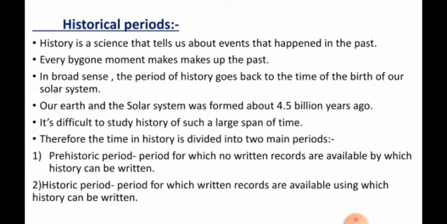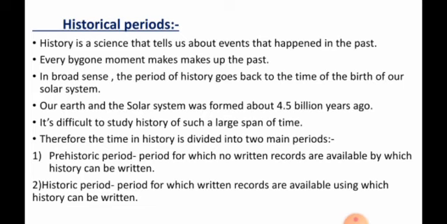So whatever history is known, it is known from material sources or other sorts of sources available during excavation. From that we can talk about prehistory. Second, the historic period. It is the period for which written records are available using which history can be written. From the time when man came to know the art of writing, he started writing all sorts of inscriptions and writing material. So the history which is written based on written material or records is called